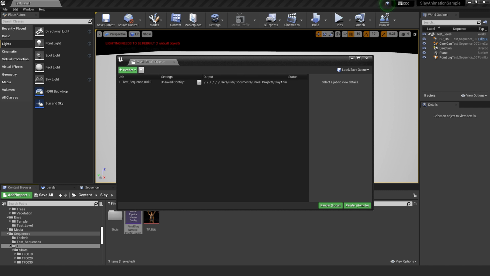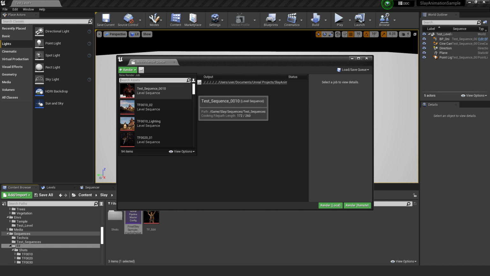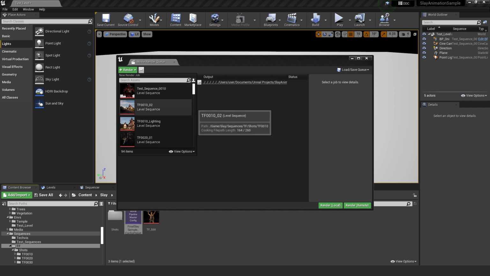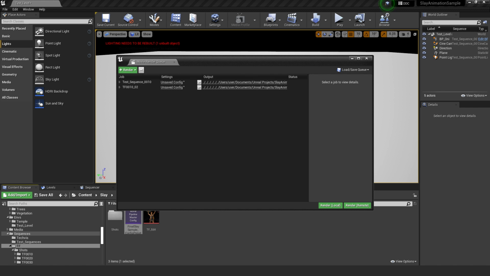They're in the upper left-hand corner. If you hit that button, you now have access to effectively all of the shots that you have created, or in this instance, all the shots that we have created. And it is now your choice on whether or not you want to select them and have them be a part of the queue. So that way you can render out all of these shots individually. Because with the legacy rendering, that was very much so rendering per shot, where you have to open the sequencer, click the render button, then click the legacy rendering, and then it renders out. And then you have to rinse and repeat for all of the other shots.